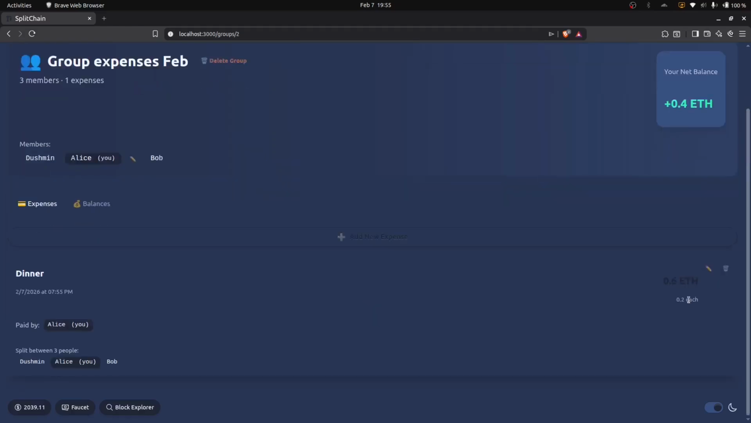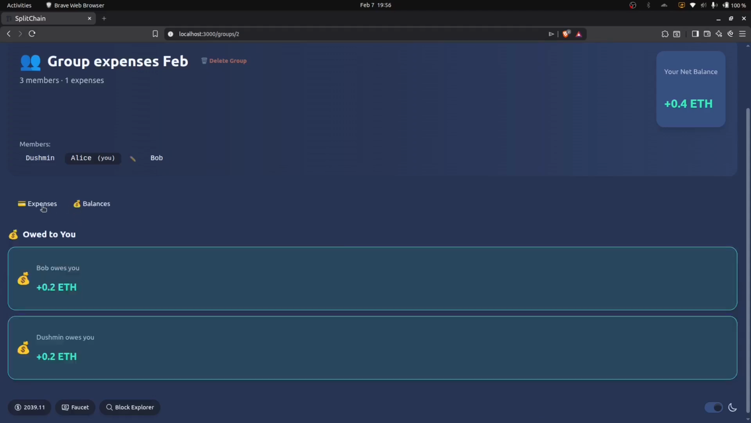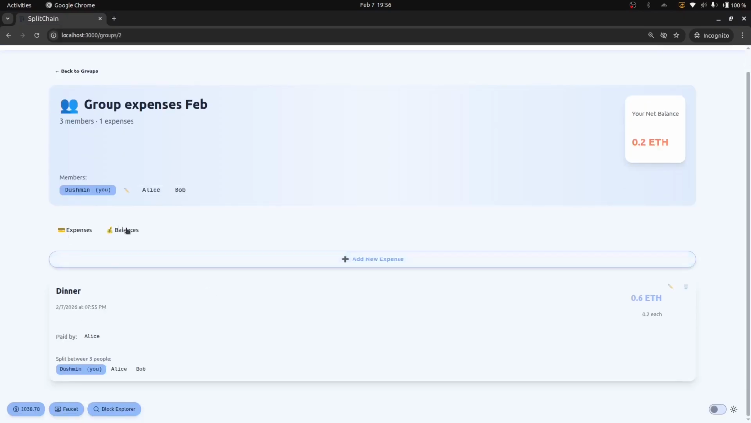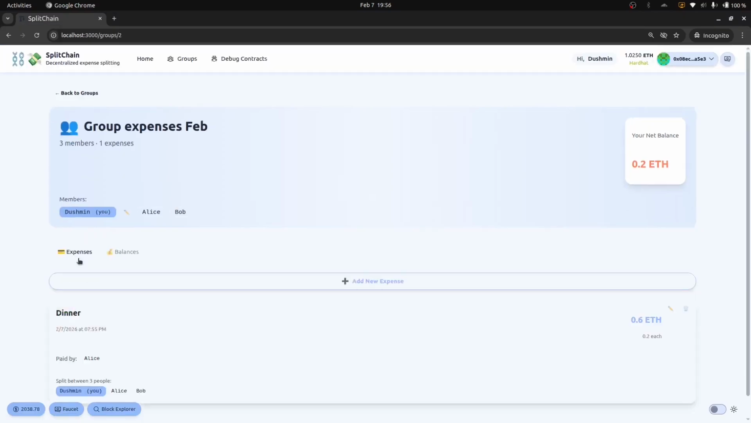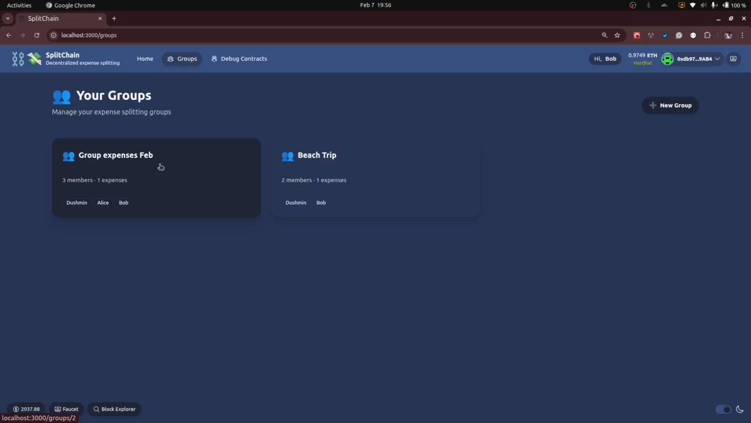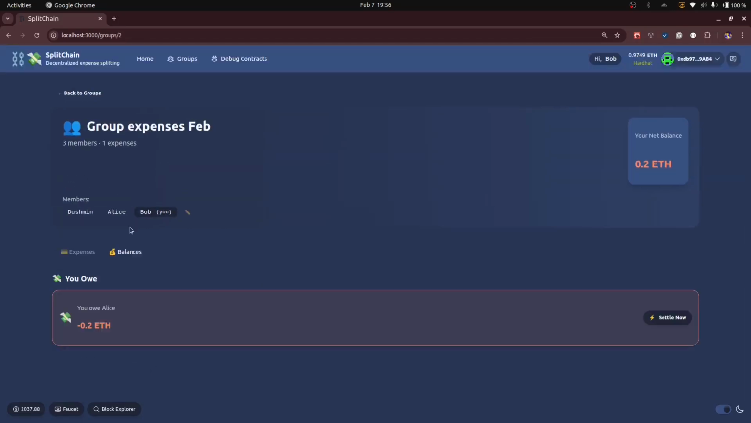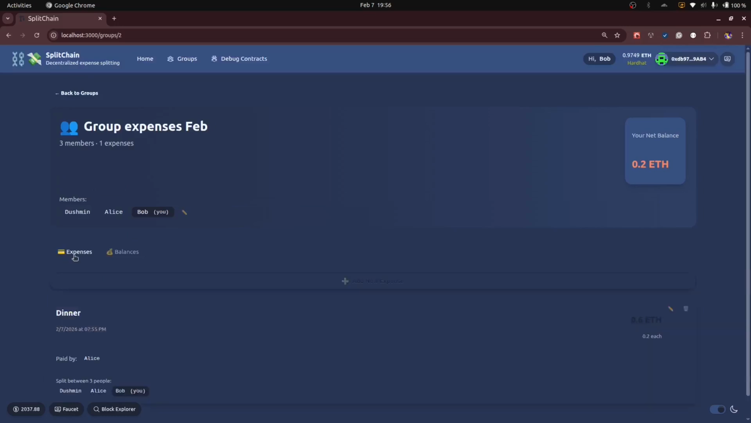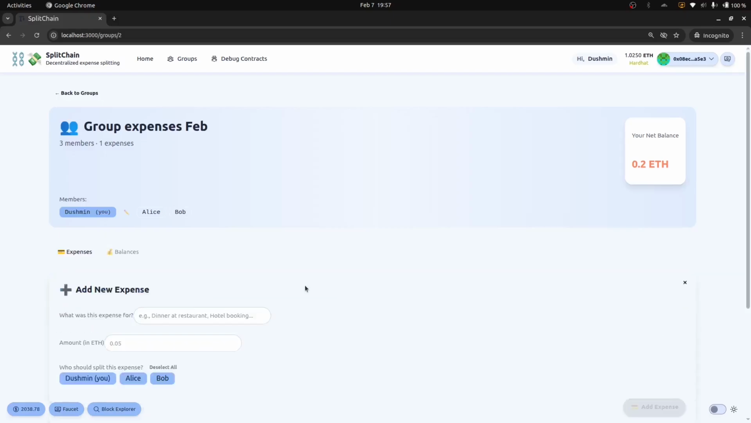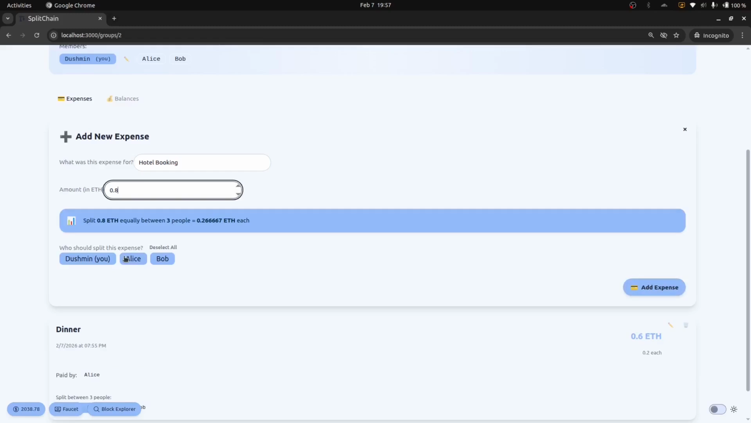So Dushmin and Bob have to pay 0.2 Ethereum each, as you can see from the balances tab in Alice's account. So if you go to Dushmin's account, you can see Dushmin owes Alice 0.2 Ethereum and Bob also owes Alice 0.2 Ethereum. Let's create a second expense from Dushmin's account for 0.8 Ethereum and split it only between